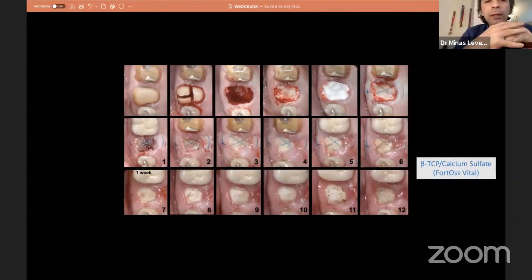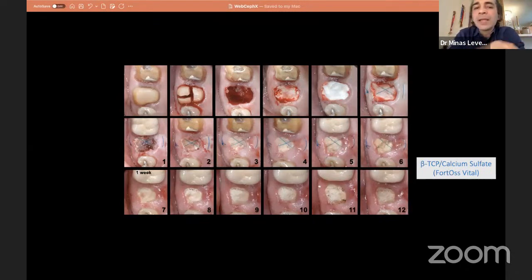What happens with socket grafting and synthetic bone grafting materials? Because those materials are quite stable when we place them, sometimes they're like a paste that when we place it and condense it into the defect, it gets hard. So because the material has self-hardening characteristics, we can sometimes leave it exposed. So we leave it exposed in the oral cavity after the socket grafting because we want to let the soft